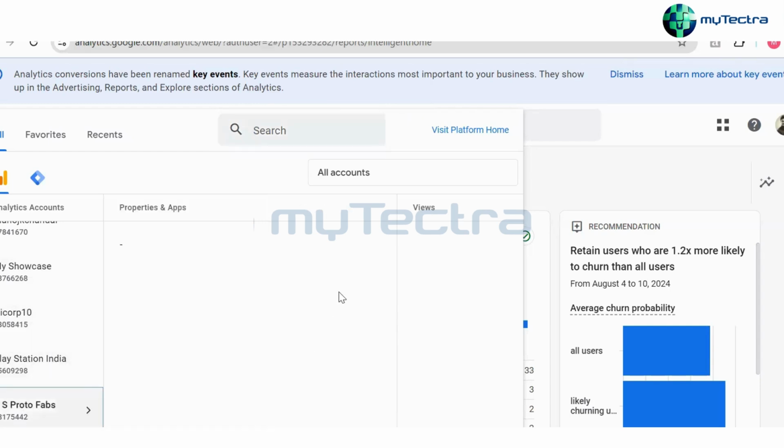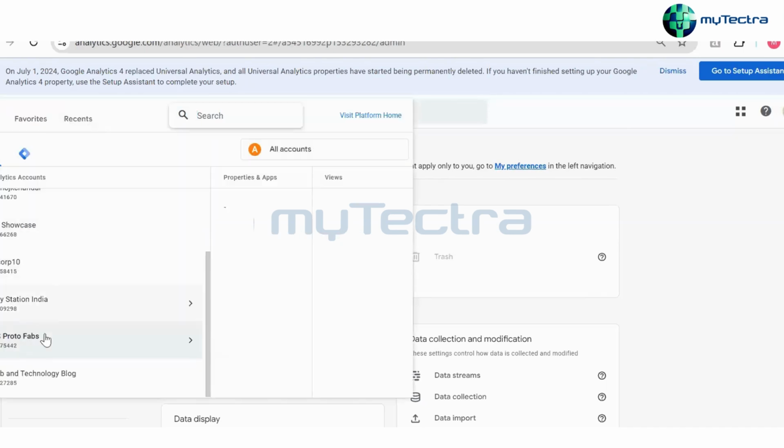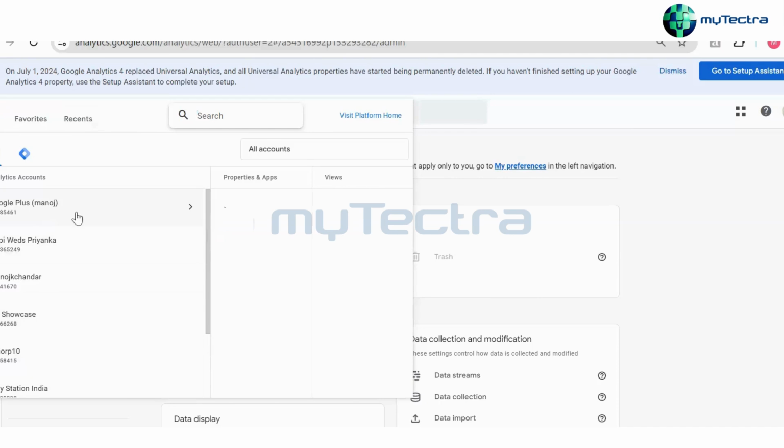For example, this is the dashboard that you'll see, and account settings, everything. You will see this label at the left side. Can you see my cursor moving? So create, right? Yeah. So you'll be creating one account first, and then under any account you will see a property. If you click,